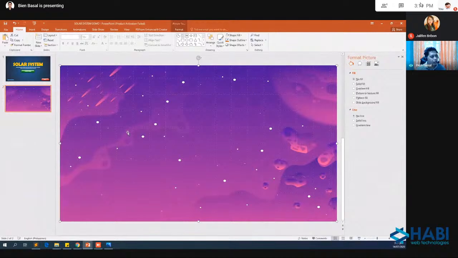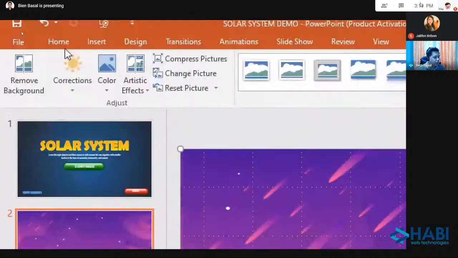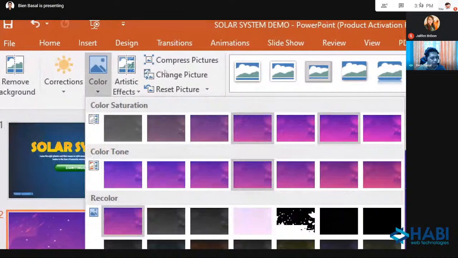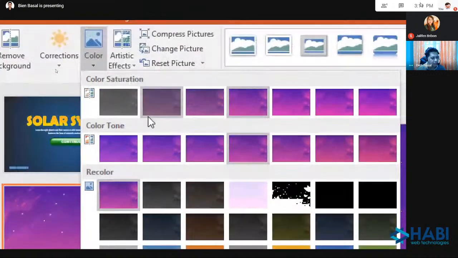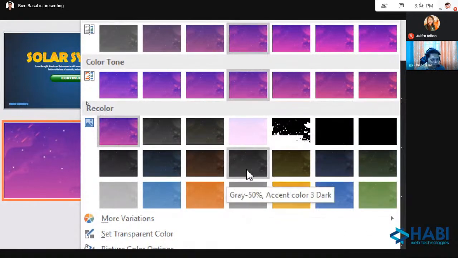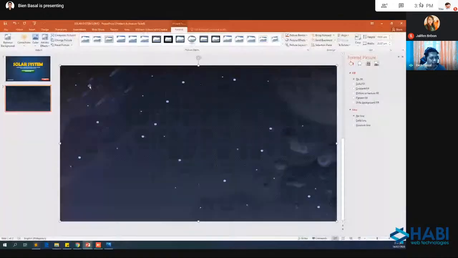First po, I'm using here a pink shade image. Now, if your image is selected, just go again to your Format tab and you can explore. Do not use remove background. We will use this later. This one, color, the saturation. You can change the saturation of the image. Or duotone. You can combine like two colors, duotone. I will use this one. Blue accent. And that's the output.